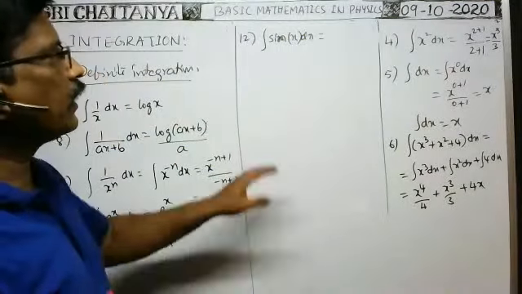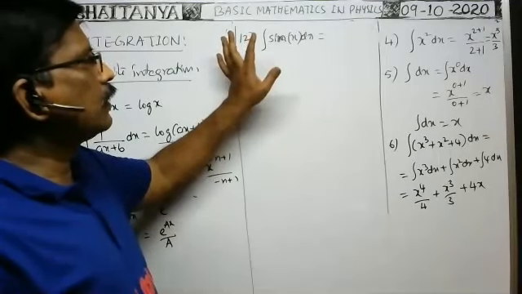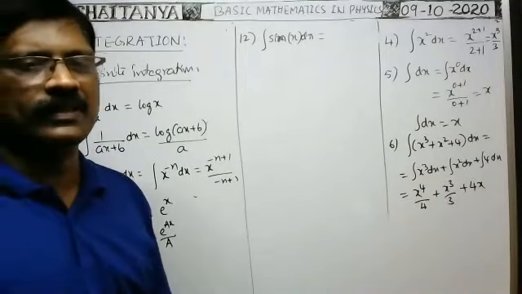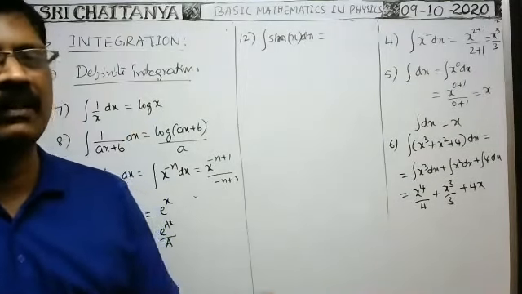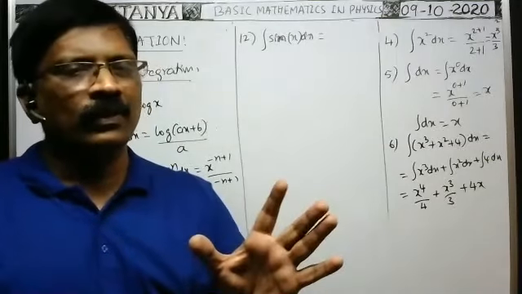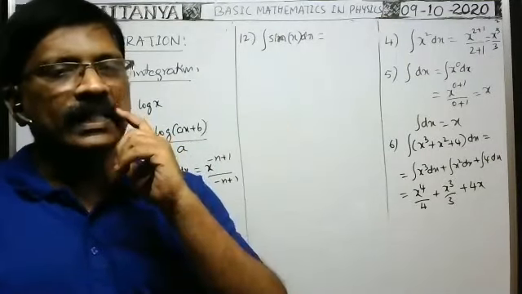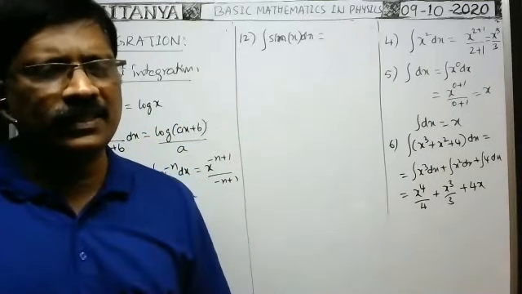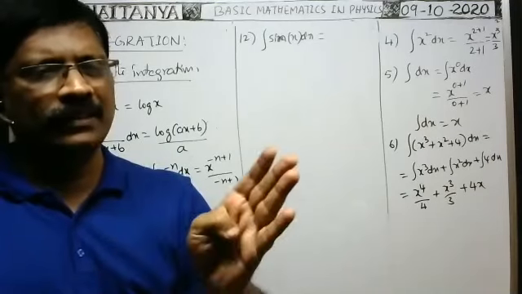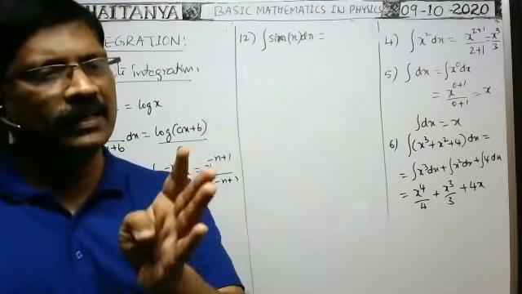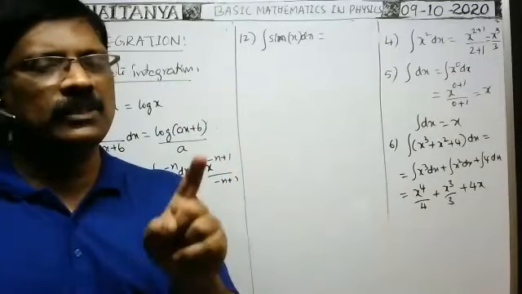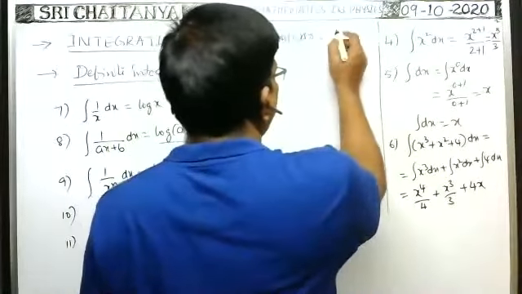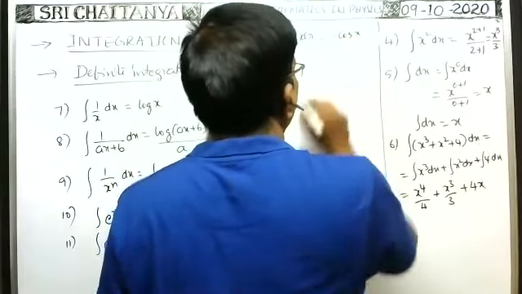దేన్ని డిఫరెన్షియేట్ చేస్తే మనకి sin x వస్తుంది? Which function when differentiated you will get sin x? Generally when you differentiate the cos x value you will get minus sin x. Minus cos x and differentiate cheste just you keep minus aside. Integral cos x dx means minus sin x. Minus means plus sin x. That means when you differentiate minus cos x you will get sin x. That's why the integration of sin x is equal to minus cos x.